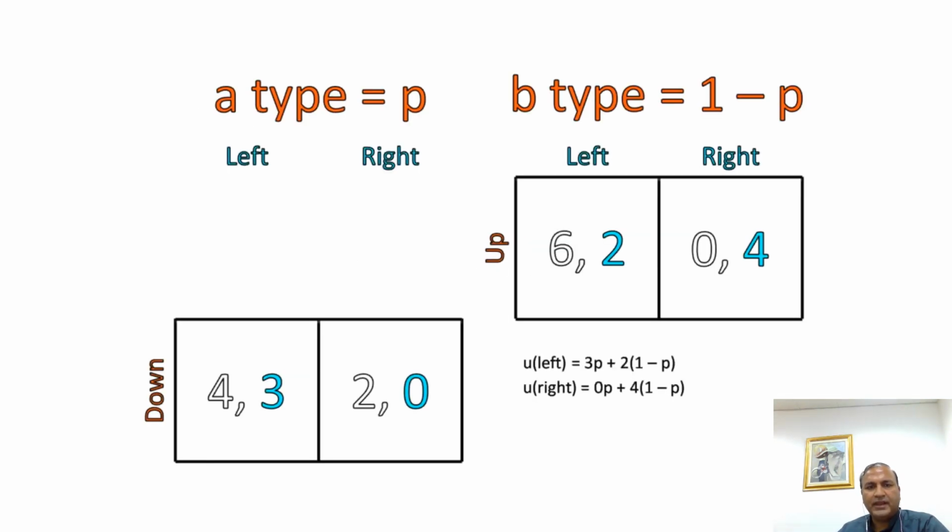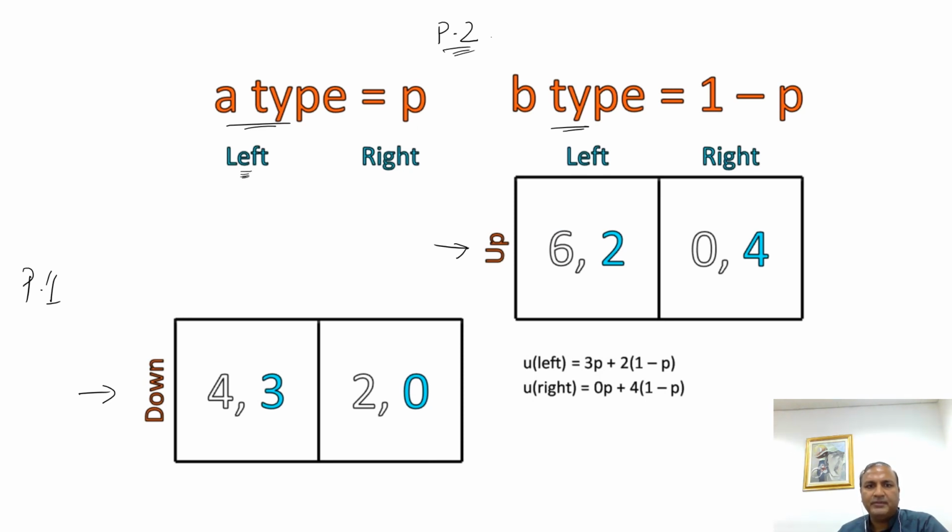So let us now again discuss the game for player number 2. For player number 1, we already decided that as type A, he will play down, and type B will choose up. So we already have the solution for player 1 of each type. But if you look at the game or payoff for player number 2,